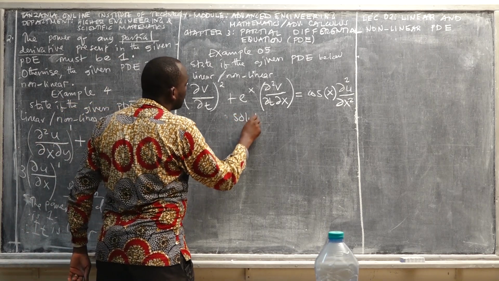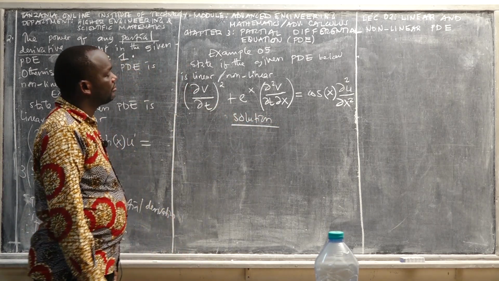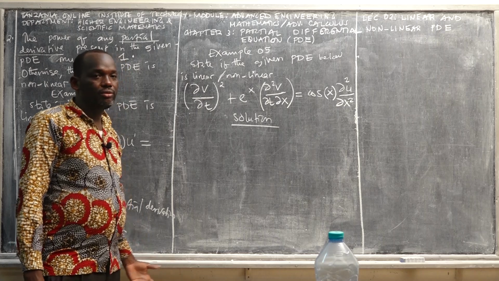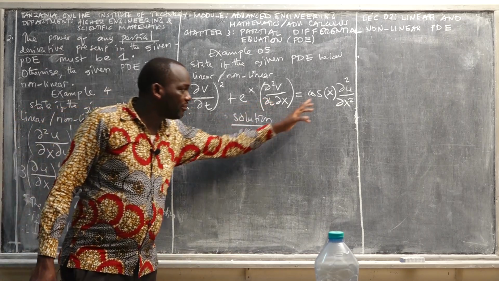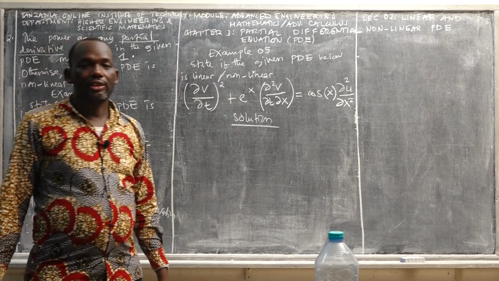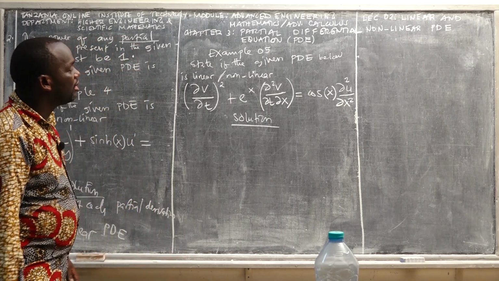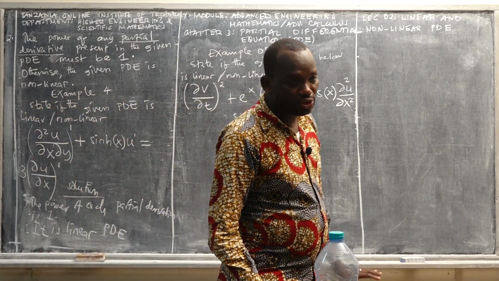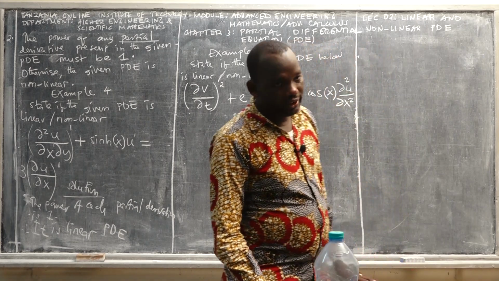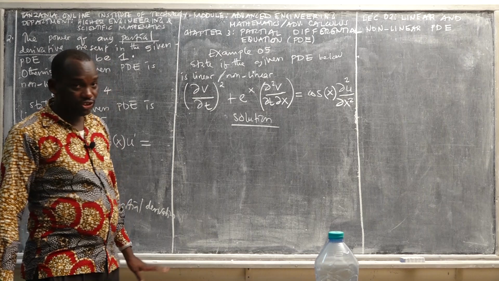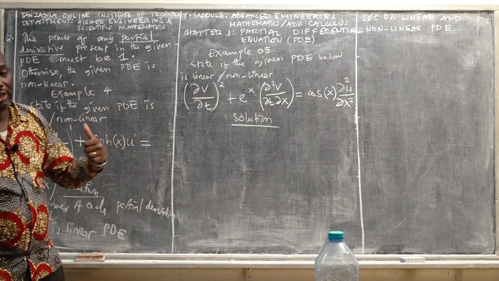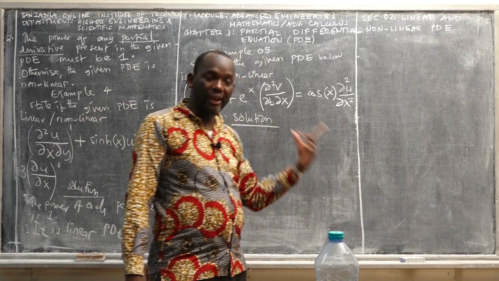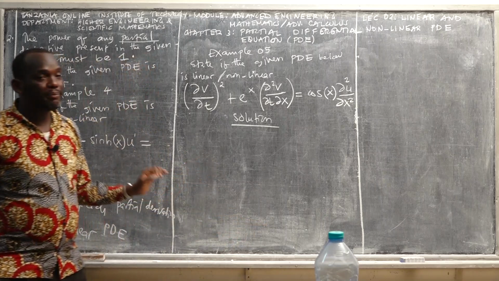Let us solve. Solution. First of all, stop writing. How many terms do we have? 3 terms. First term, second term, third term. Right? Then, what is the first condition for the given partial differential equation to be linear? The first condition. That's the second condition. Very good. But that's the second condition. The first condition, the power of any dependent variable present, if it is present, in the given partial differential equation